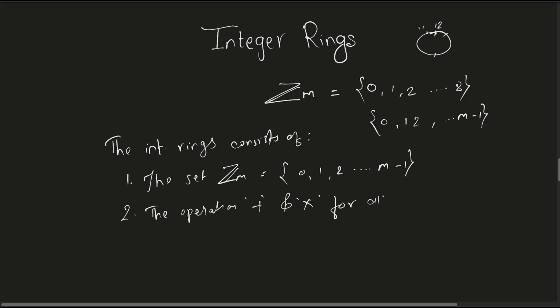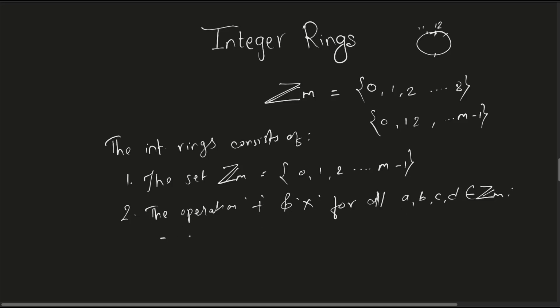For all elements, let's say a, b, c and d, given they belong to this ring, such that